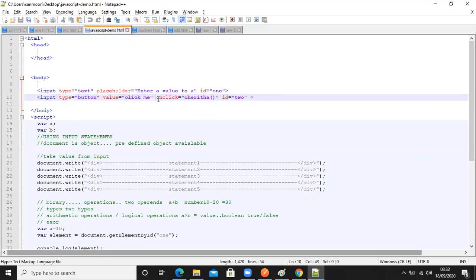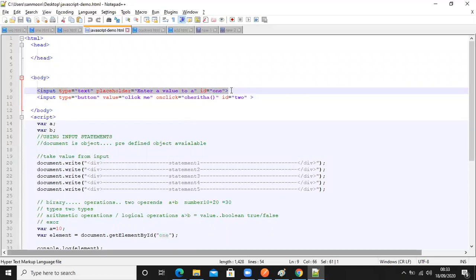So we were handling the click event for the button only, and we have a text box here with the id 1 and whatever the user typed on that, we are getting that value, right? So to the JavaScript, how we are bringing that value, you need to understand clearly.